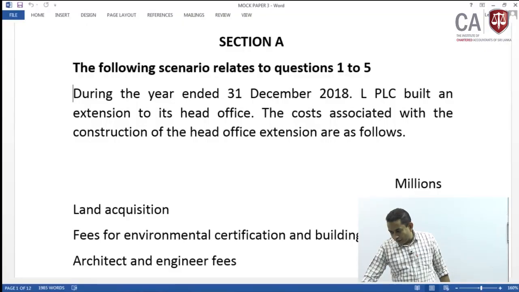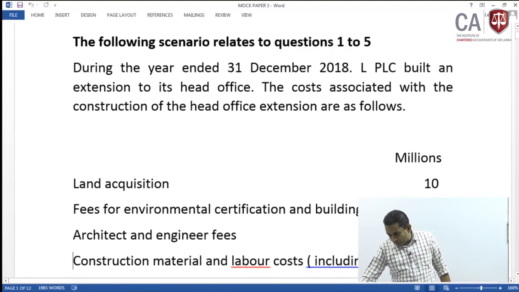Today also we have arranged a paper for the discussion which includes some MCQ questions, also one question from consolidation, also some additional questions from financial instruments. I just thought of giving some additional emphasis on financial instruments because it's going to be a major part of your curriculum syllabus area. We'll get on with the MCQ part, section A.